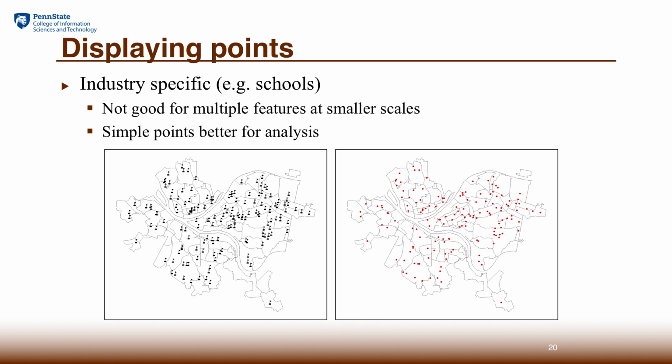Well, the question is, because we have the industry standard, should we follow those industry-specific symbols every time we make a map? That's not necessary. For example, if you try to show only schools on your map, it's probably enough to work with just a simple circle or point symbol rather than using the standard symbol of this little flag, which doesn't really bring any benefits. However, if you have several kinds of point features that you are trying to contrast or differentiate, then it might be a better idea to use the standard point symbols.